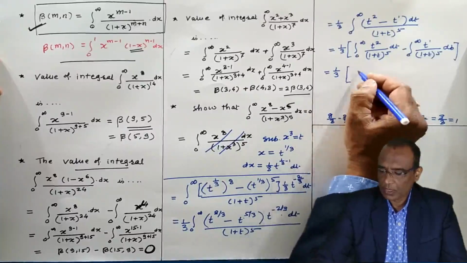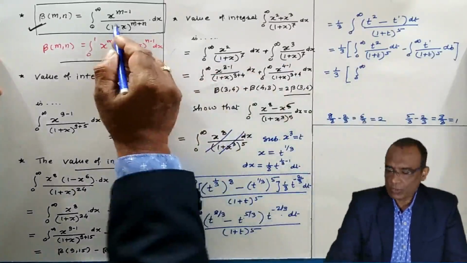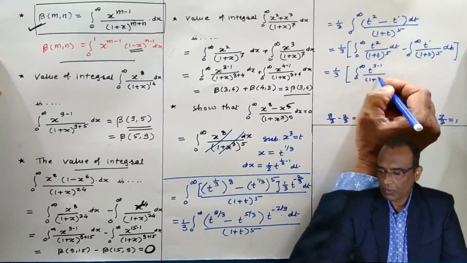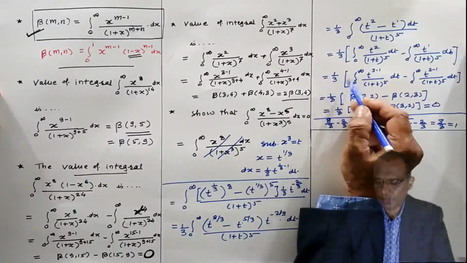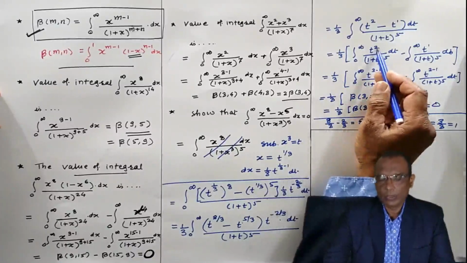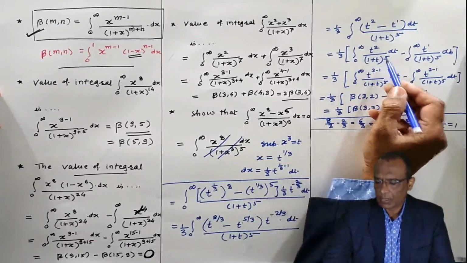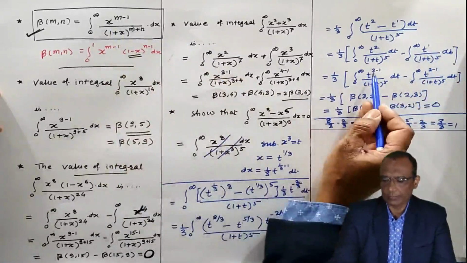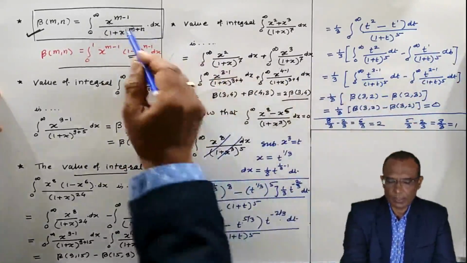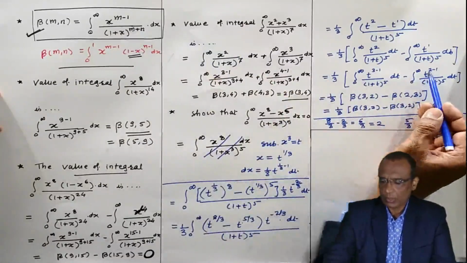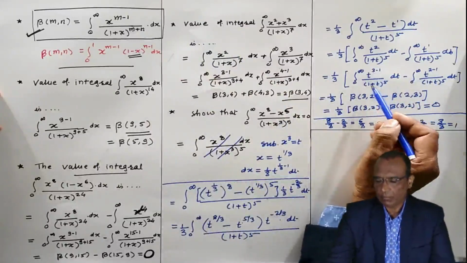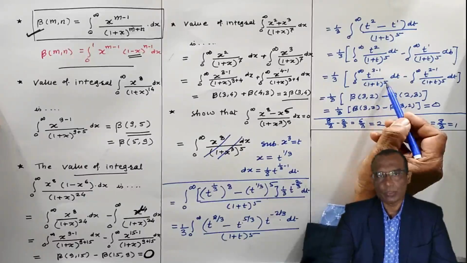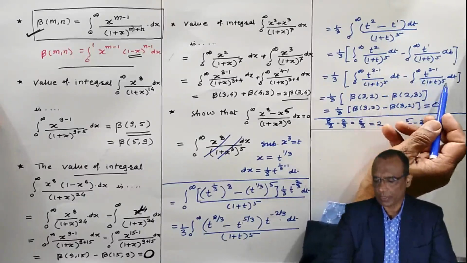Here, 0 to infinity, this formula I can use now. T power 2 can be written as 3 minus 1, so you can write it directly also. 1 by 3 in bracket, 0 to infinity, 2 can be written as 3 minus 1. This 5 is as it is. 1 can be written as 2 minus 1. Now you can use this formula. Here m is 3, here m is 2. Now t power m minus 1 by 1 plus t power m plus n. Here this 5 can be split in this way, 3 plus 2. This 5 can be written as 2 plus 3.